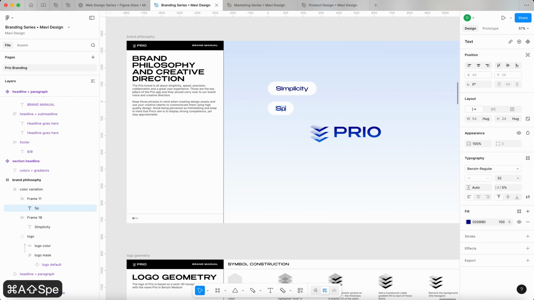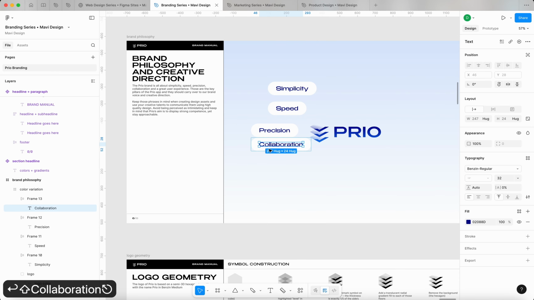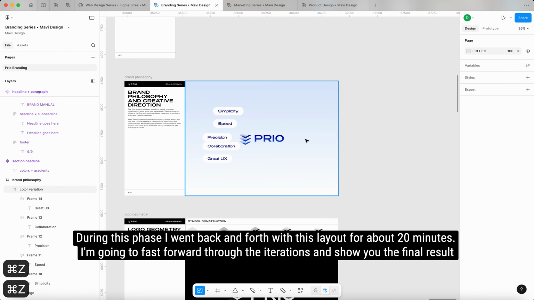Simplicity, speed, precision, collaboration,